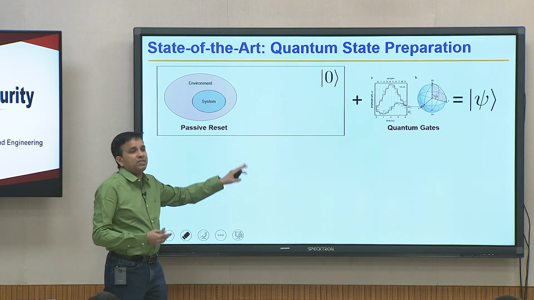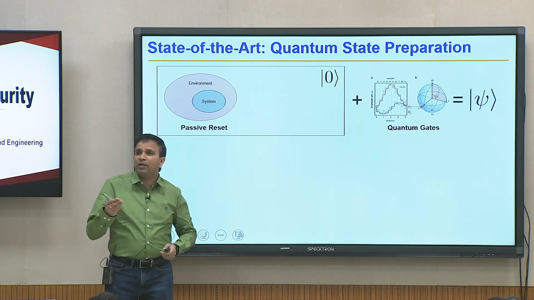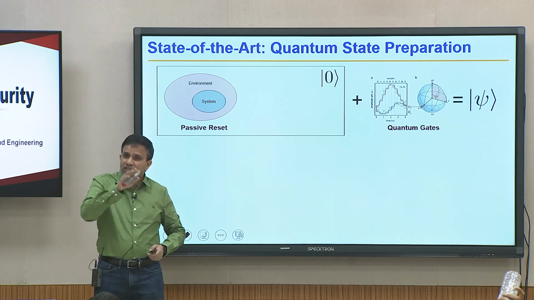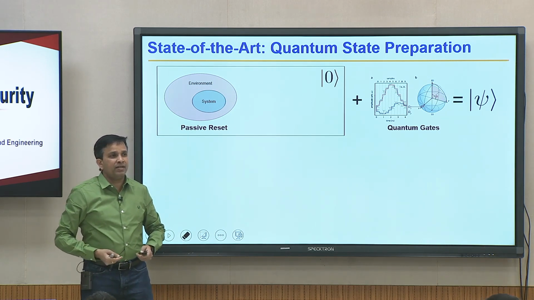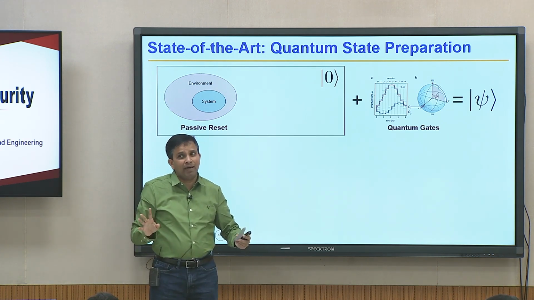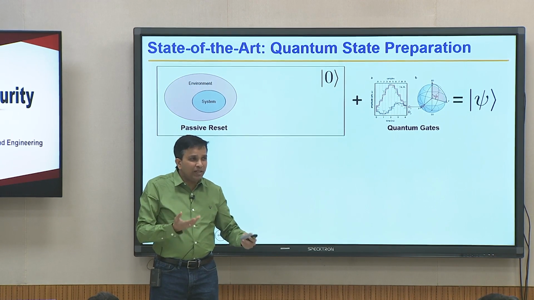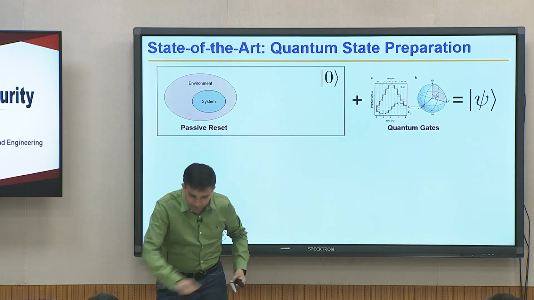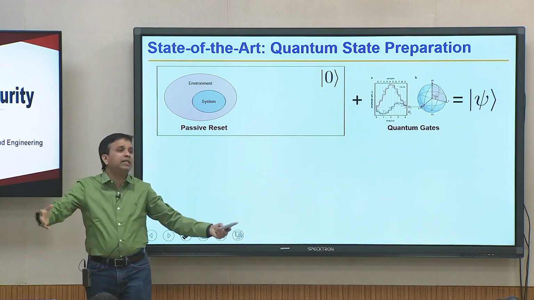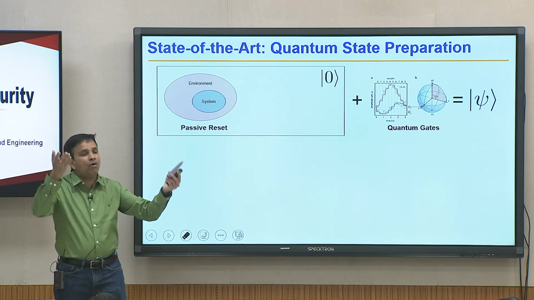This is known as passive reset, you just let it cool down, but the only downside is the state preparation problem. Passive reset takes you only to the 0 state, and the time it takes depends on how many people around you are excited, how many are crying around you. That would mean how long you will keep crying or be angry. You might be trying to cool down, but other people are angry, you should be angry, this is injustice, intolerable. If all the qubits around you are doing that, too many of them, a lot of entanglement, then it is going to take a long time to cool down.